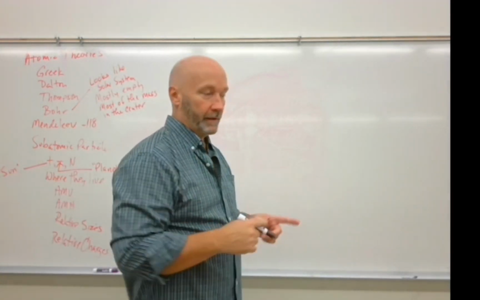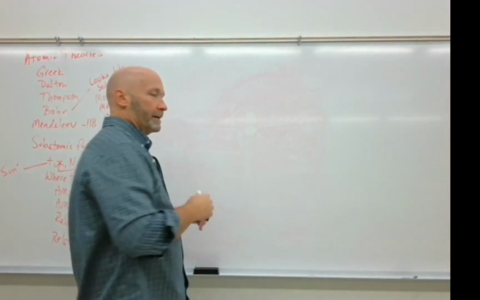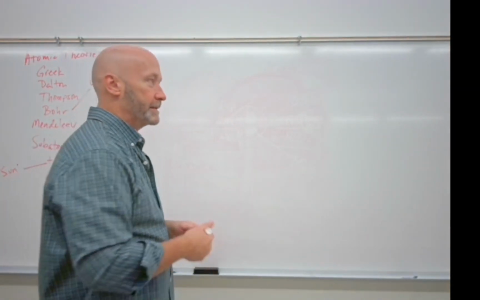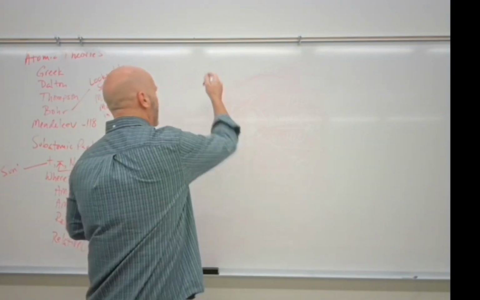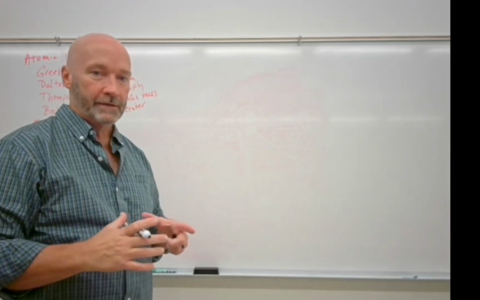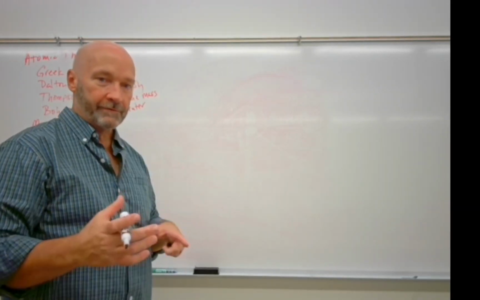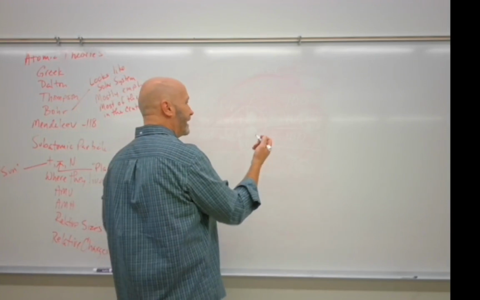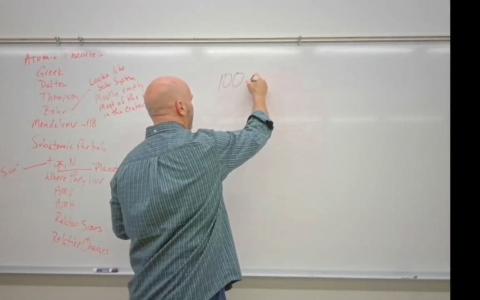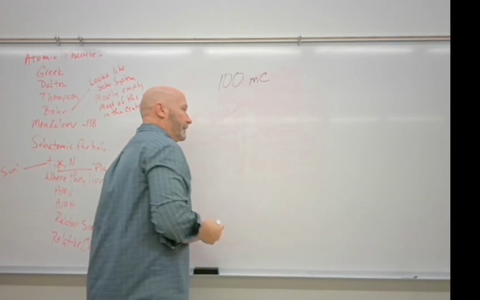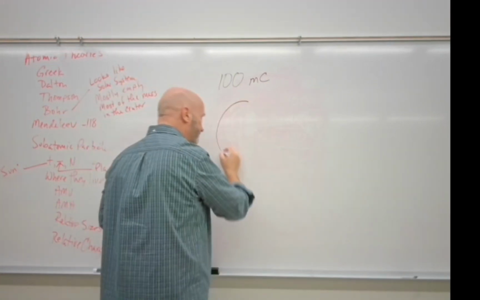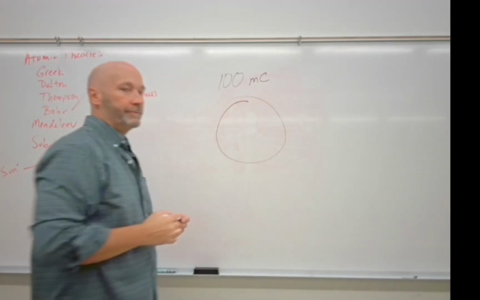You might have to calculate this on the test. All right, I'll show you the easiest way to get to it, because if you don't do it this way, you're going to have a tendency to get confused. So radioactive half-life is how long it takes for a quantity of radiation to decrease to half of its original intensity. So again, let's simplify. We have 100 millicuries or whatever of radiation off of this glob of stuff. Okay.